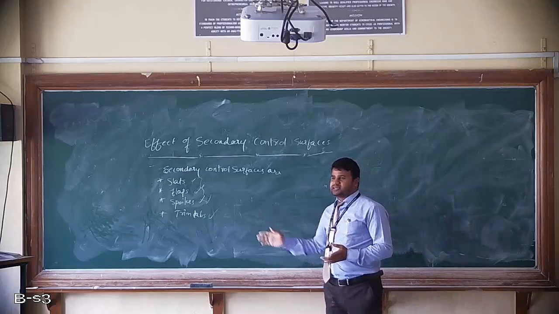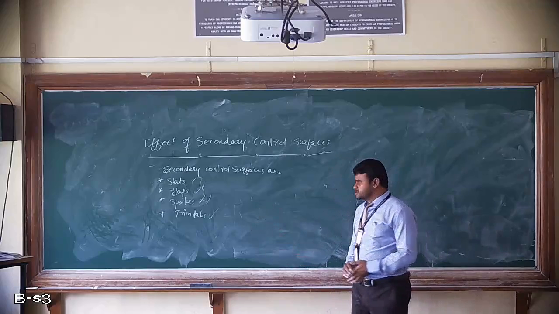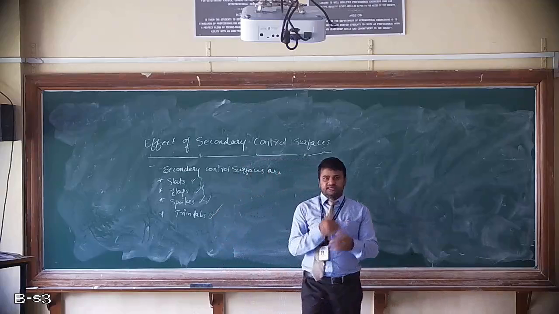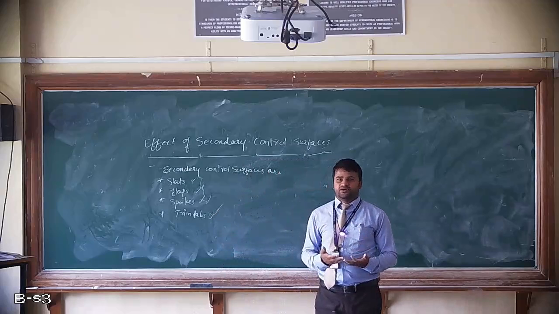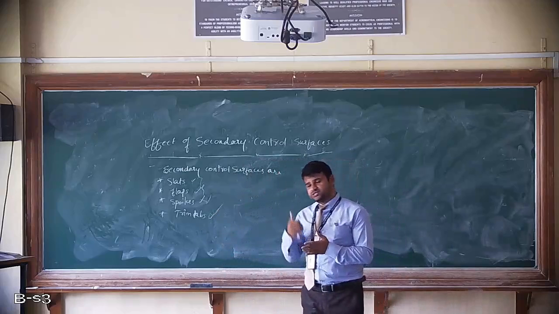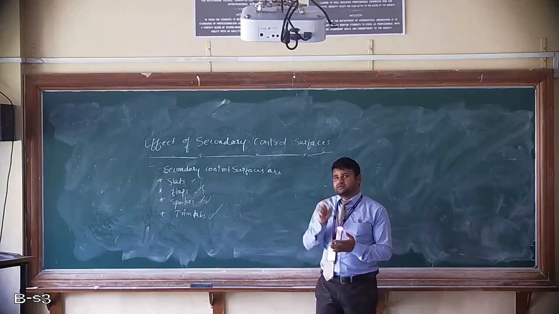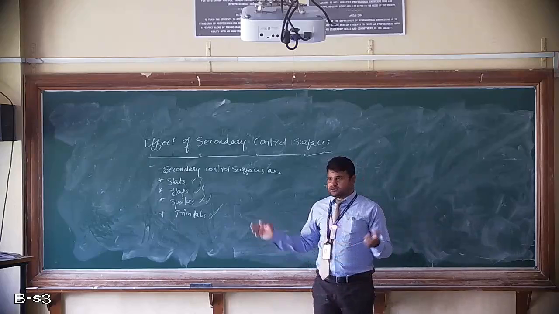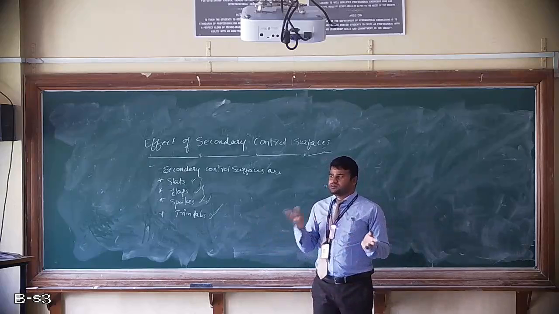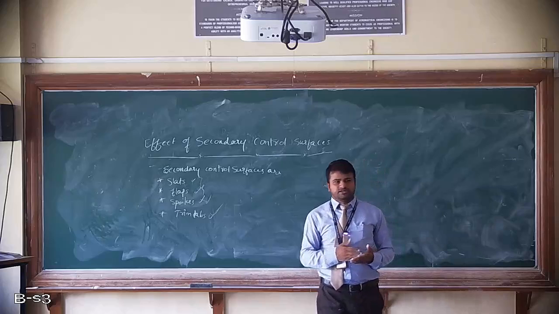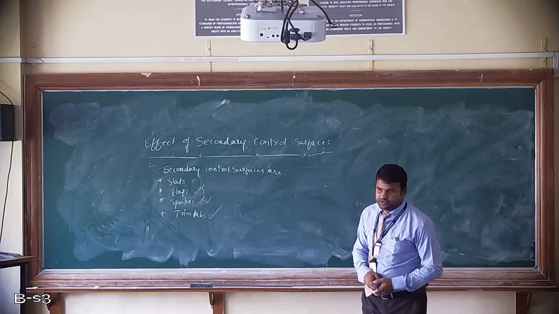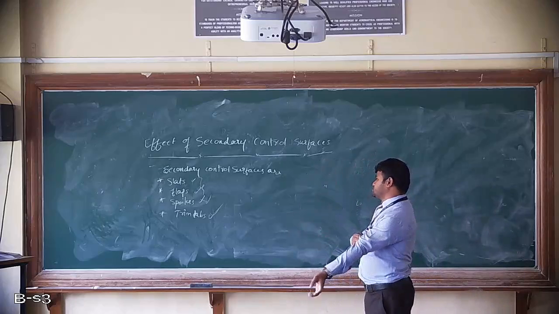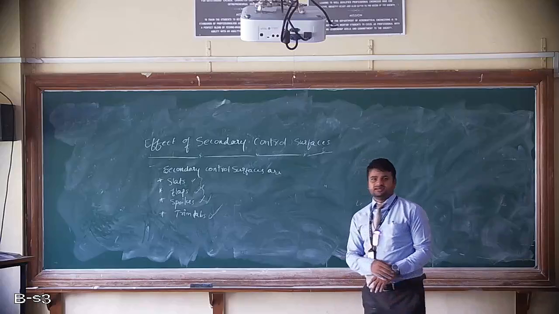So that the pilot can take rest. Trim tabs are used for controlling the airplane without pilot help. But before that, as per the speed and altitude, the pilot has to set the trim tab so that he can reduce his work. Otherwise, he has to operate primary or secondary control surfaces to control the airplane if he is not using trim tabs. So this is about secondary control surfaces and their effects on the aircraft.